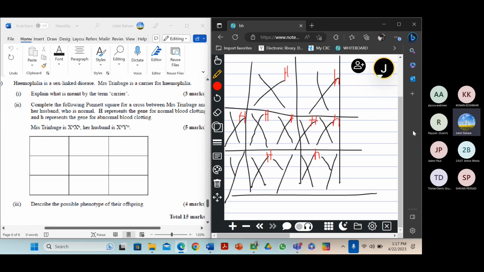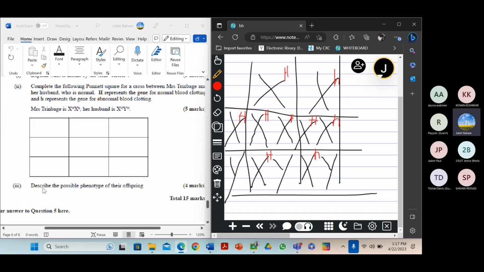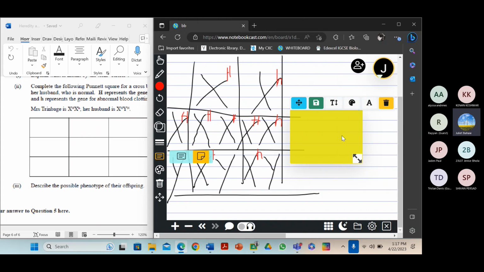So here we are seeing out of these 4 chances, now they say describe the possible phenotype. So you have to list it out. So in words, in writing, you're going to have something like, let me expand a little bit. F1 generation genotype. So you put your X, H, you list out everything there. Now for the phenotype,